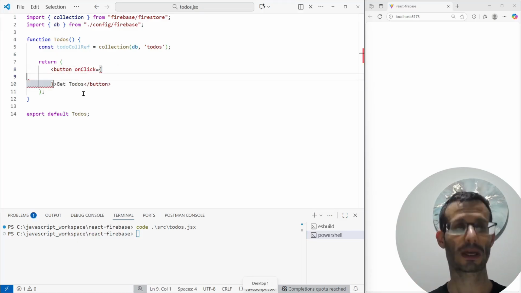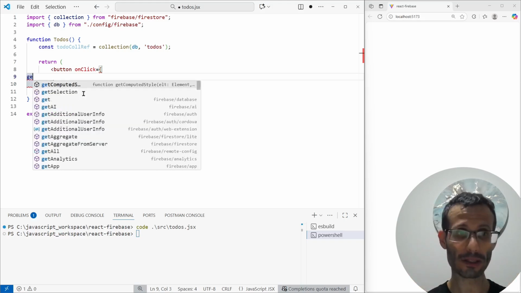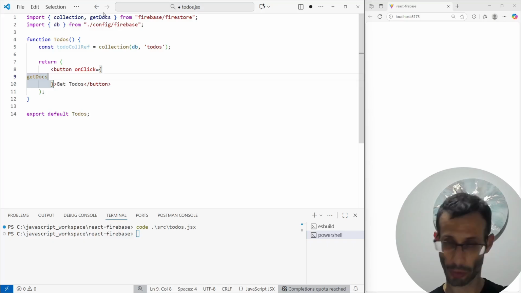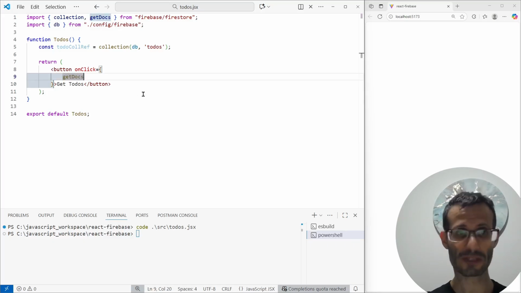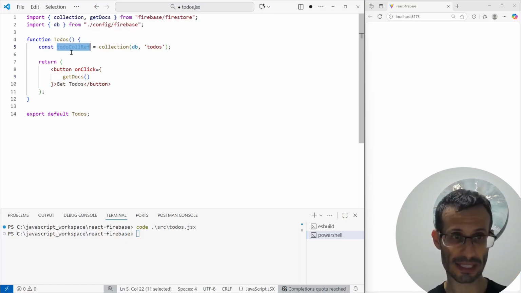So onClick, and to fetch the documents of a collection, we're going to use the getDocs function. So getDocs, and this is of course also something from Firebase Firestore. So this is the one that we're going to use, and it was imported, of course. And as a parameter to this function, we need to pass the collection reference, which is exactly this, TODO collection reference. So let's pass this as the